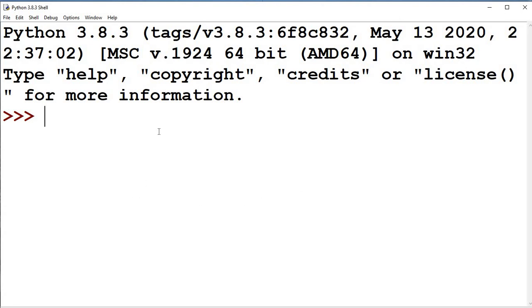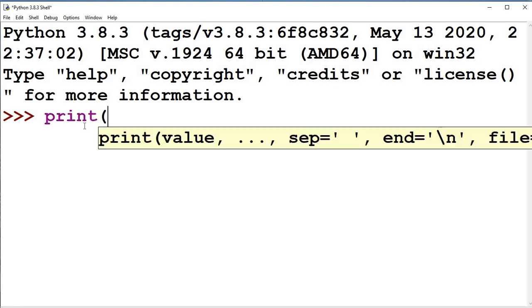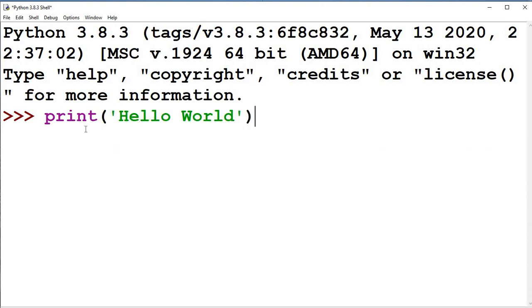Okay, so I'm ready. This is Python 3.8.3, and these three arrows are the interpreter, the command line. Here you can begin to type. It is customary that for any computer program you learn for the first time, traditionally you write print "hello world", just for fun. Okay, what does it mean?